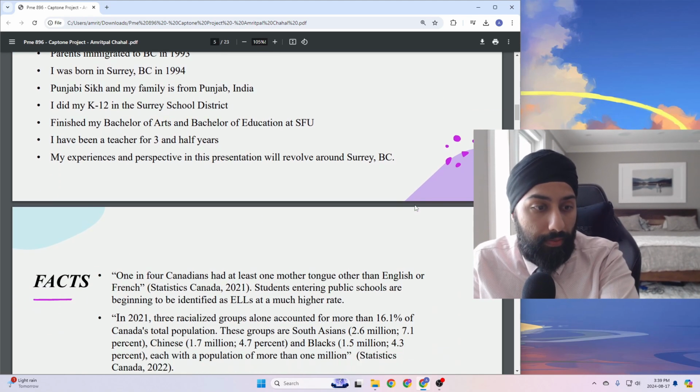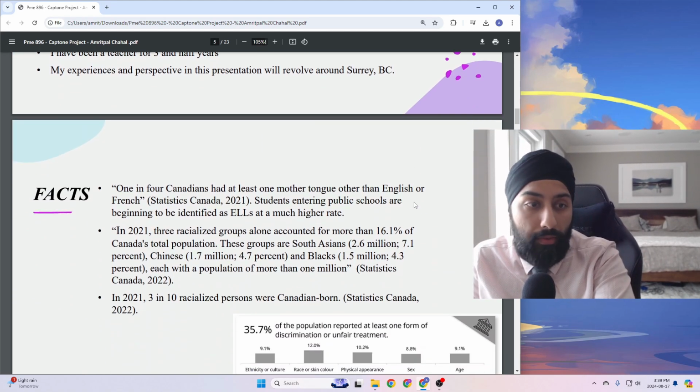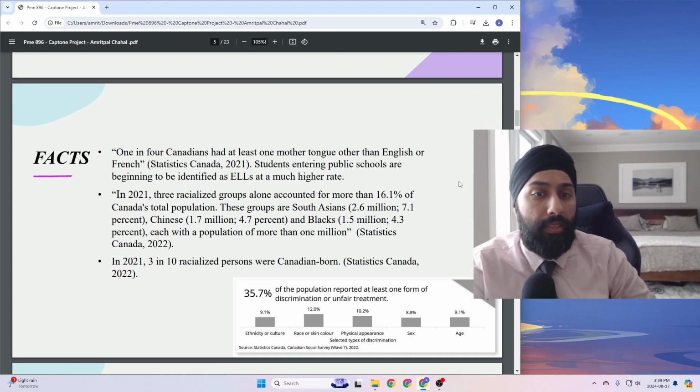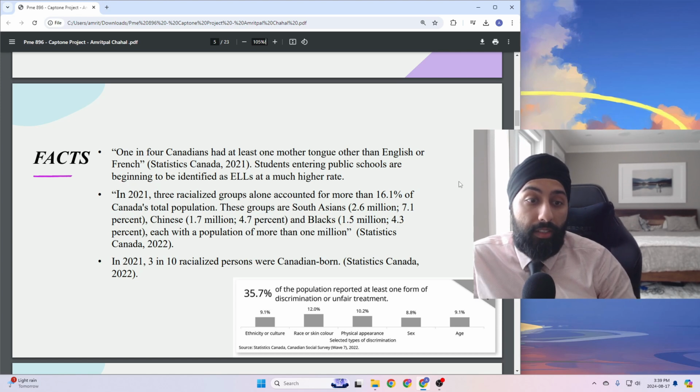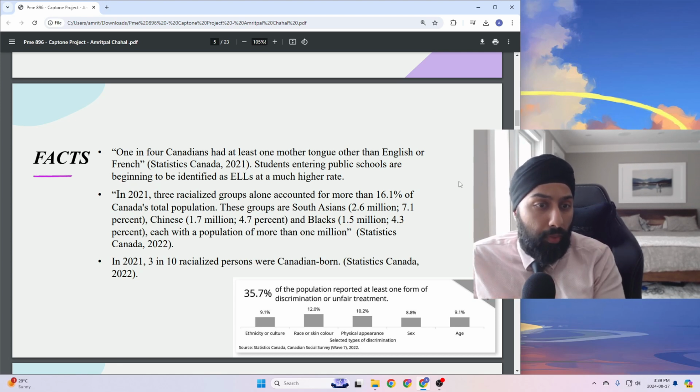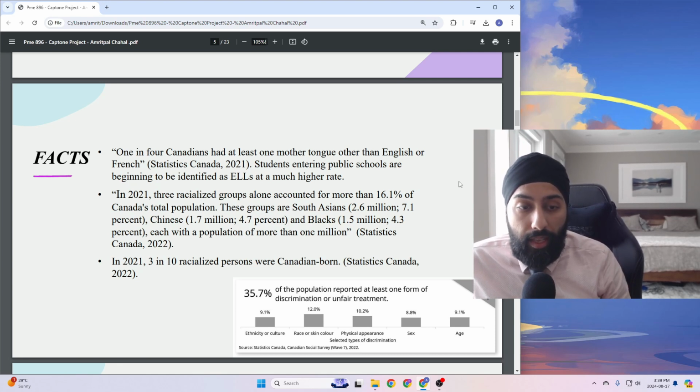Okay, so some facts for you. 1 in 4 Canadians had at least one mother tongue other than English or French. In 2021, 3 racialized groups alone accounted for more than 16.1% of Canada's total population. These groups are South Asians with 2.6 million, Chinese with 1.7 million, and Blacks with 1.5 million, each with a population of more than 1 million. In 2021, 3 in 10 racialized persons were Canadian born. And another fact,